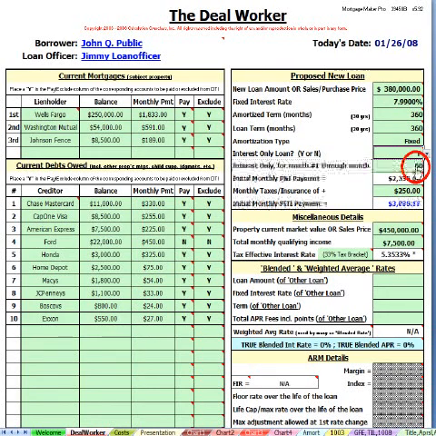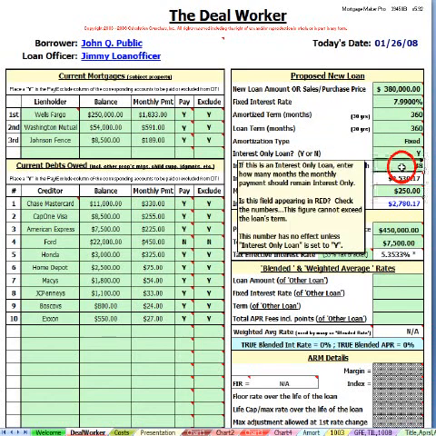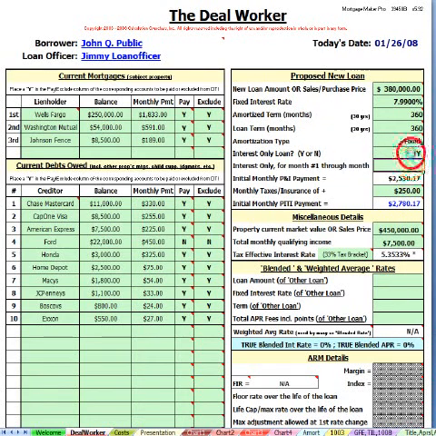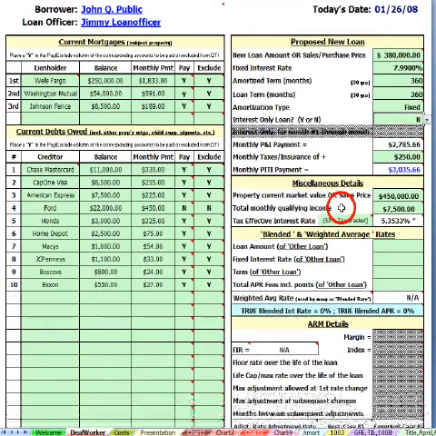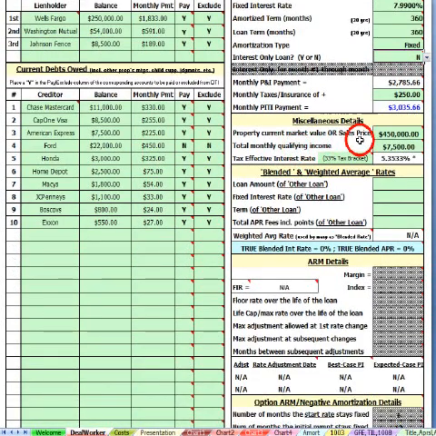If I choose yes, the interest only area opens up. I can set in the amount of months that I'd like it to be interest only for, and the loan now becomes an interest only loan as the intro period. Right now, I'll keep this loan as a straight regular amortized loan, so I will tell it not to be an interest-only loan. Down below that, you have your property value, your current household qualifying income, the current tax-effective interest